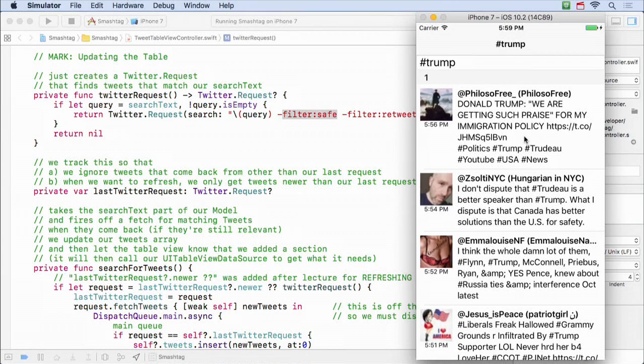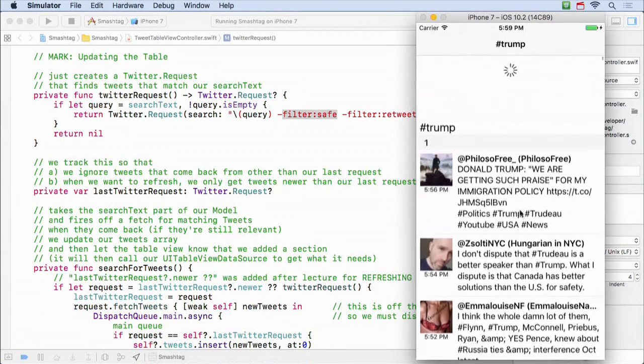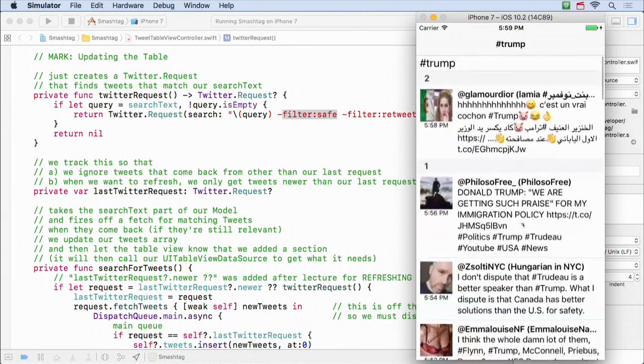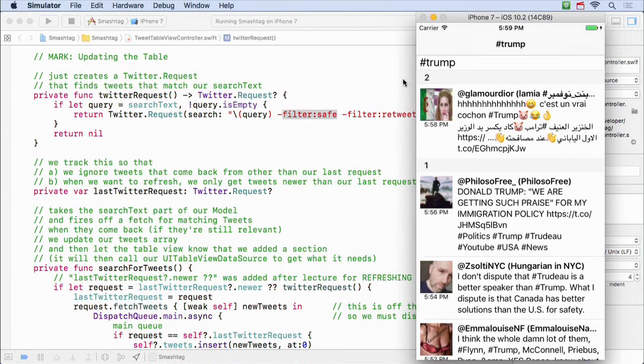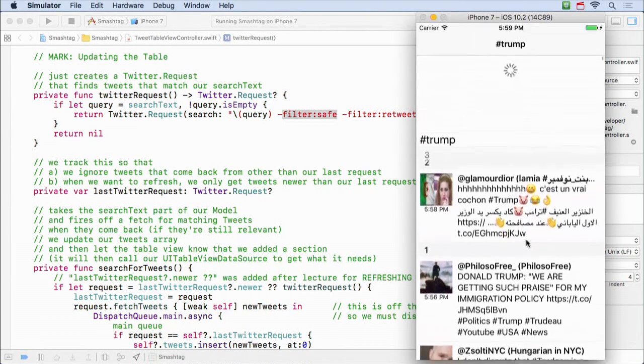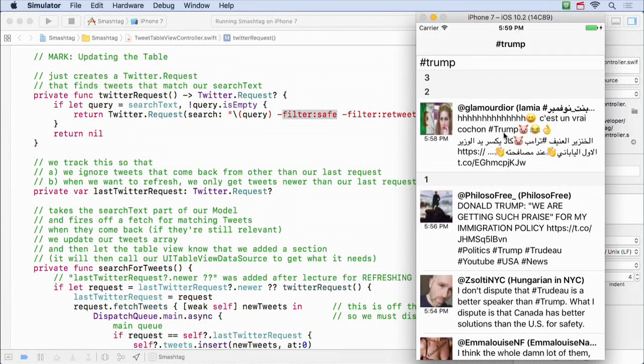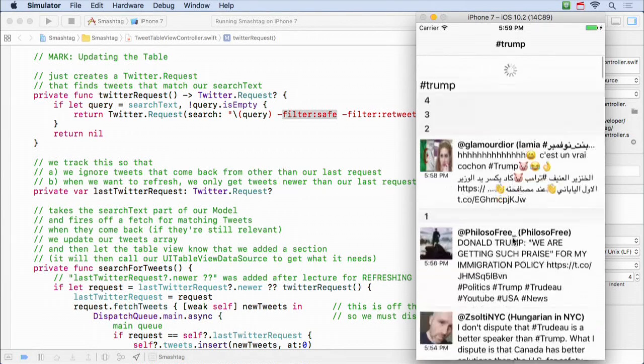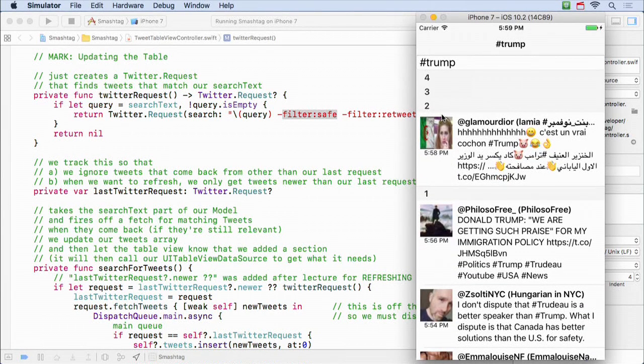Okay, so what we added was this UI where we can pull down, and it adds more tweets. You see how it added a tweet there? We have this second pull right there. This was the first pull. And we pull down again, no tweets this time. So each time we pull down, it's doing another Twitter fetch and may get more tweets depending on whether people are tweeting or not. So let's take a look at the code to do this.